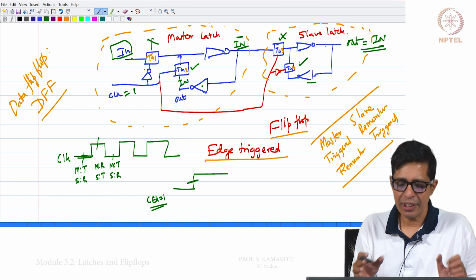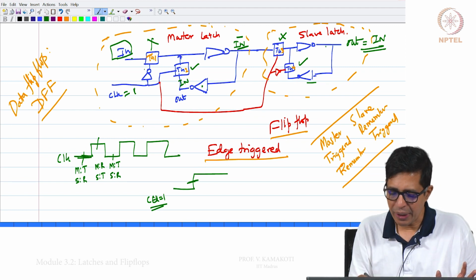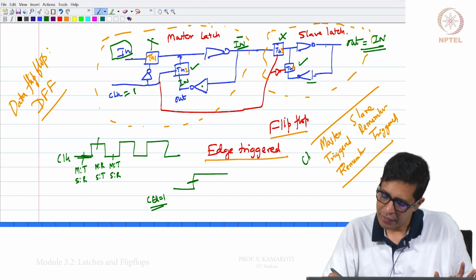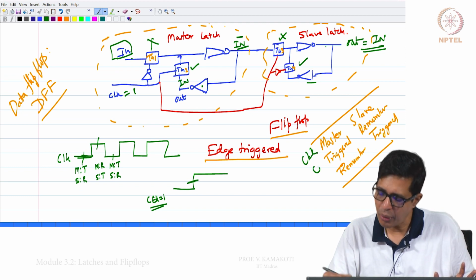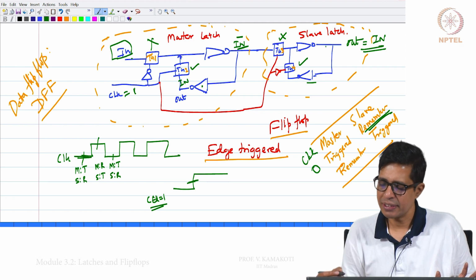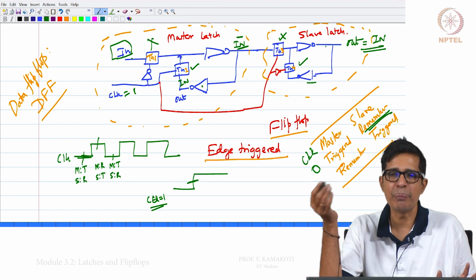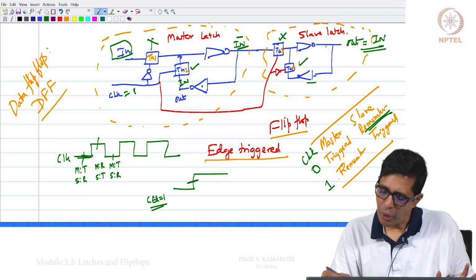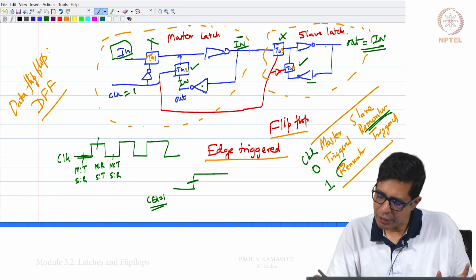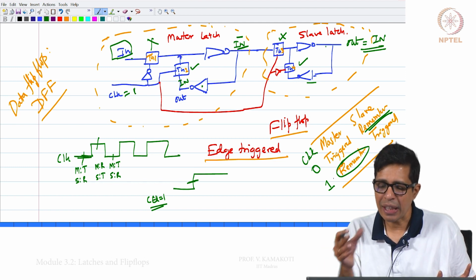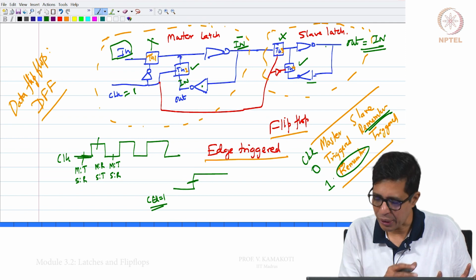So please understand, when the clock is 0, whatever is happening on the master latch, the slave latch is not affected. Slave only will remember what happened before. When the clock becomes 1, whatever is happening on the input will not even go inside the master latch. So, the master only will remember what happened before the clock became 1.